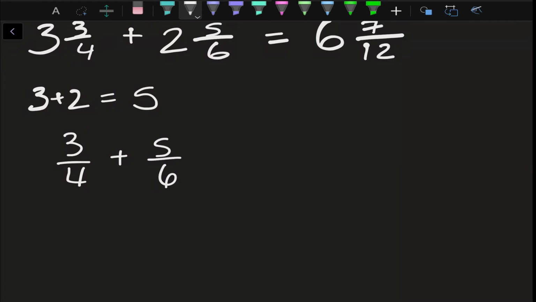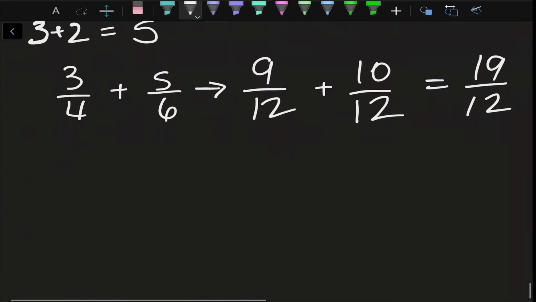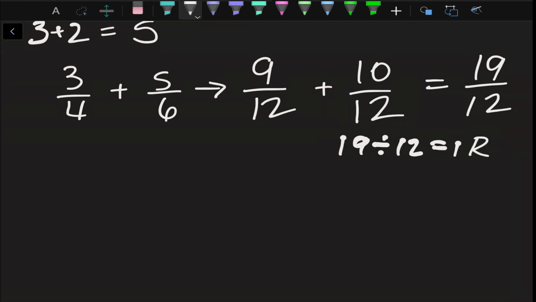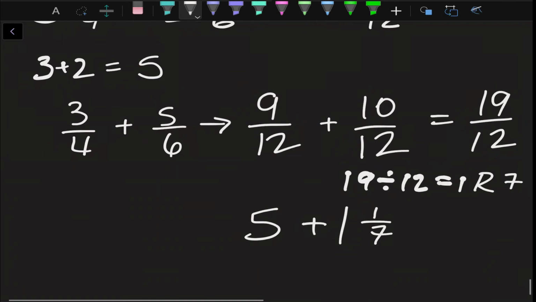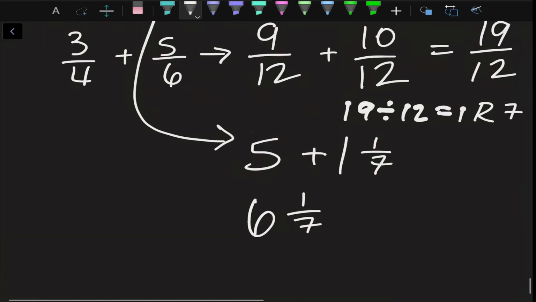Again, we're going to want the denominators to be 12, so I'm multiplying by 3 for the first one, so I get 9/12 plus the second one's multiplied by 2, so I get 10/12, which gives me 19/12. 19/12 is really 1 with remainder 7, so it's really 1 and 1/7, and I just need to add 5, our whole number, to it, which gives me 6 and 1/7, which is,